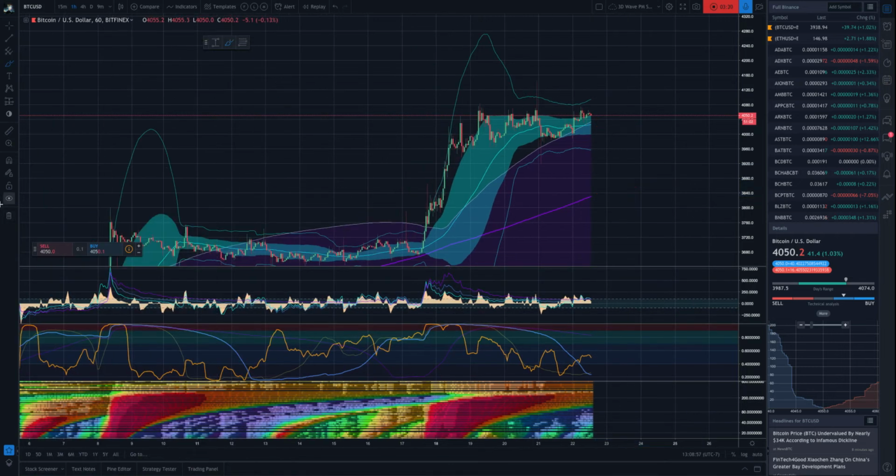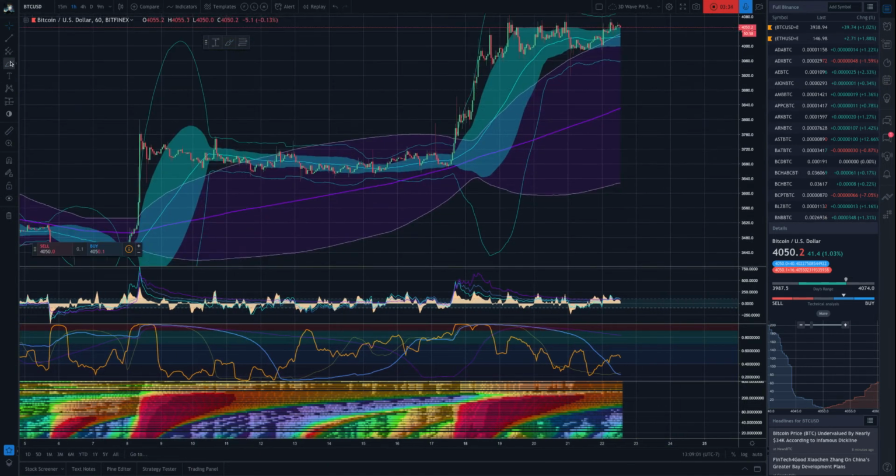Out of the last 20 times that this signal has triggered, the only time it has failed was right here, where our longest period was around 275, and we actually did not dip down to the 275 mean completely. And I actually have a pretty good explanation for that. Okay, so